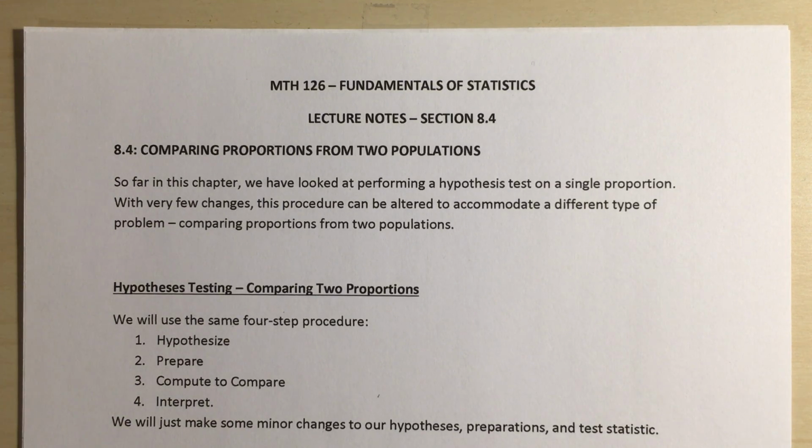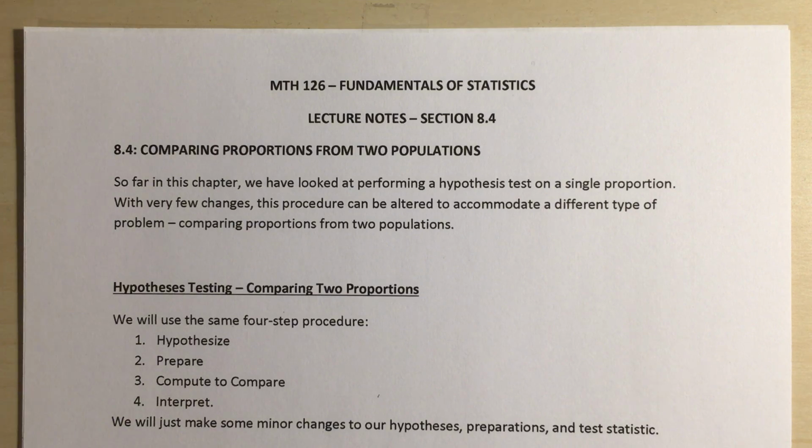So kind of like we did in Chapter 7, where we wrapped up our section by comparing proportions from two different populations, that's what we're going to finish up with in Section 8.4. So far in this chapter, we've looked at performing a hypothesis test on a single proportion. With very few changes, this procedure can be altered to accommodate a different type of problem, comparing two different